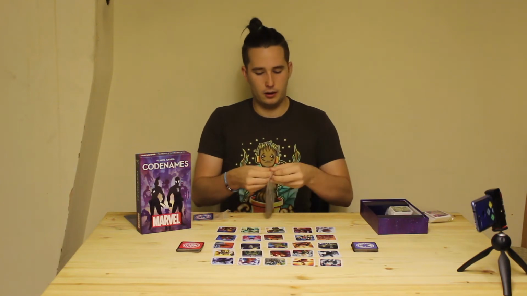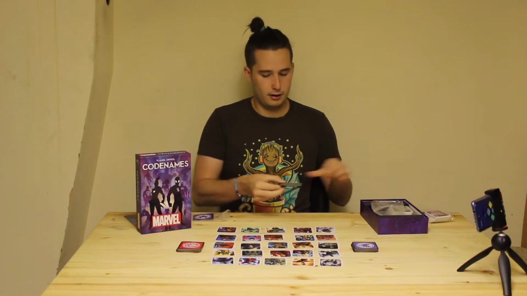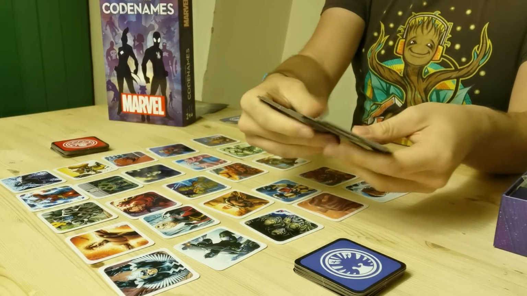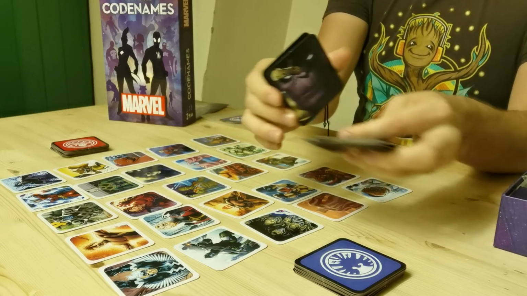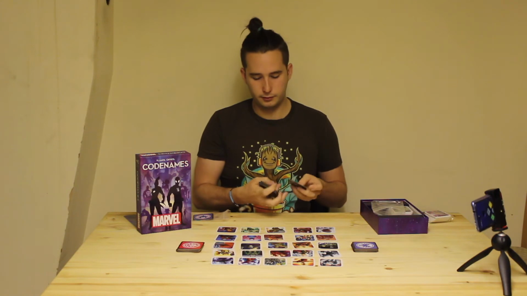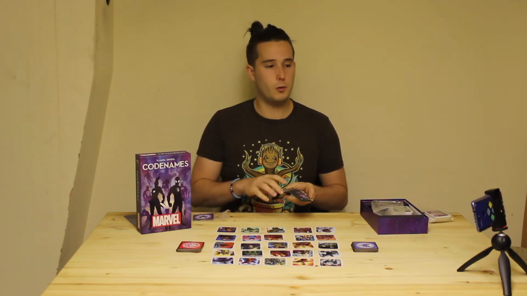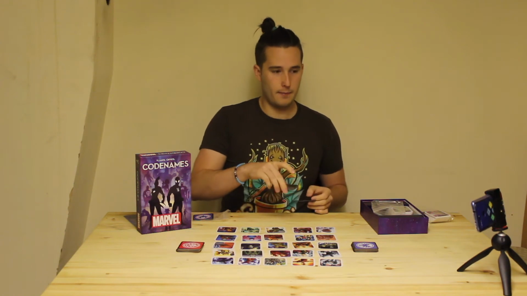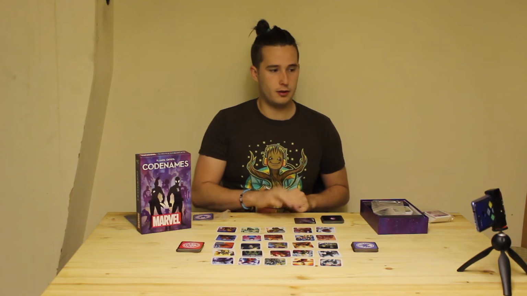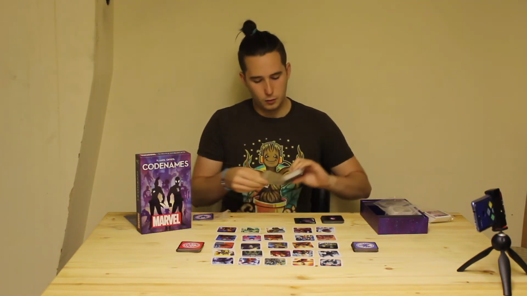You can then get out the Infinity Stones, if you know what they're called, and there's a Thanos card, which is the Assassin card, and an Infinity Gauntlet. There's a few different ways to play with this, but first of all I'll just go over the normal way. So put the Infinity Stones near you and the Thanos card next to that where you can see it. And then you're going to want to take